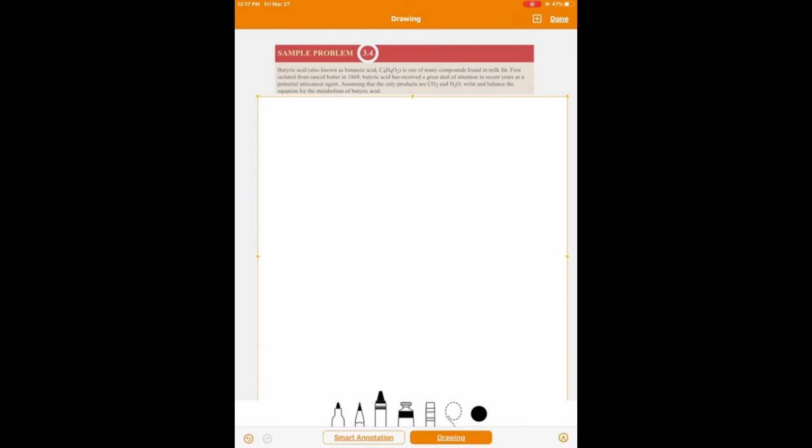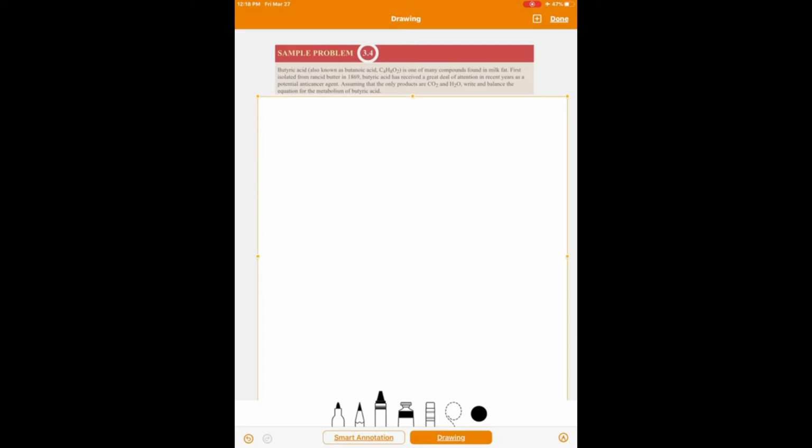In 1869, that's right after the American Civil War, butyric acid has received a great deal of attention in recent years as a potential anti-cancer agent. Assuming that the only products are carbon dioxide, CO2, and water, H2O, write and balance the equation for the metabolism of butyric acid. Now remember,